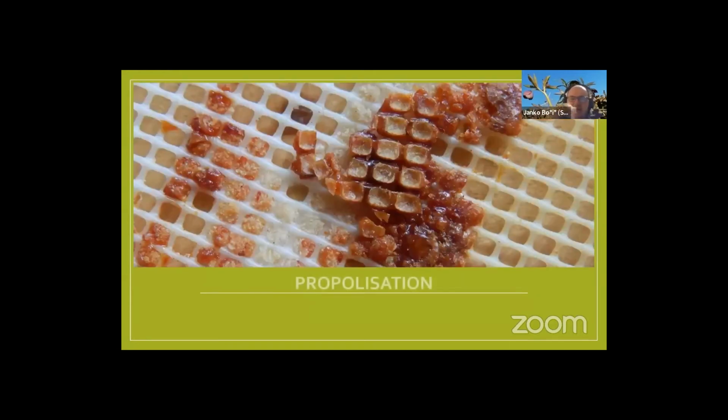The next thing is propolis, so propolization of the surfaces of the hive. This is specific in honeybees, and it's typical for Apis mellifera that is collecting propolis and using that kind of social defense system against microbes in the hive. And usually there is a thin film on the surfaces of the hive, also on the